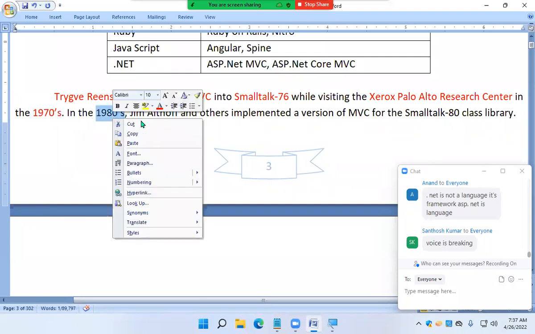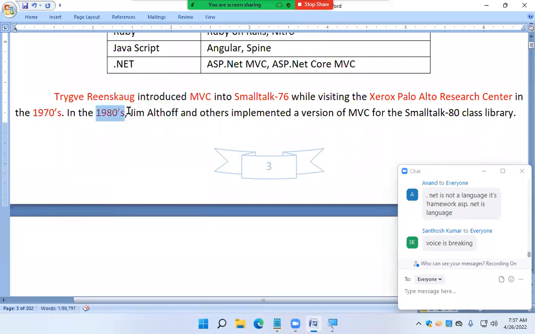And the second one is ASP.NET MVC Core. These are the various MVC frameworks introduced for us in the market. And don't forget, the person who designed it is Trygve Reenskaug. He designed MVC basically in the 70s, when he was working for Xerox Palo Alto Research Center.